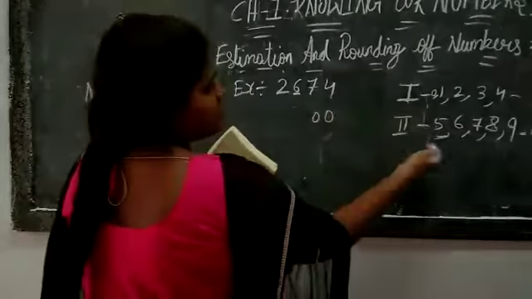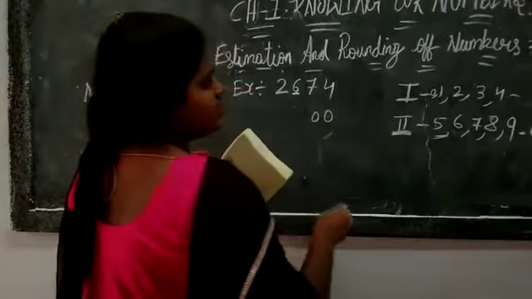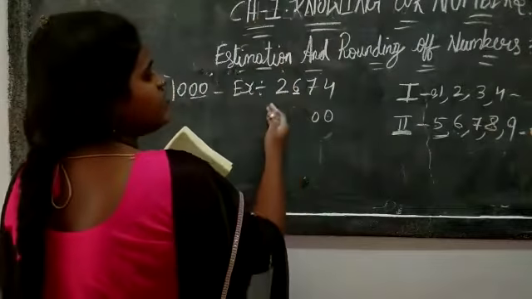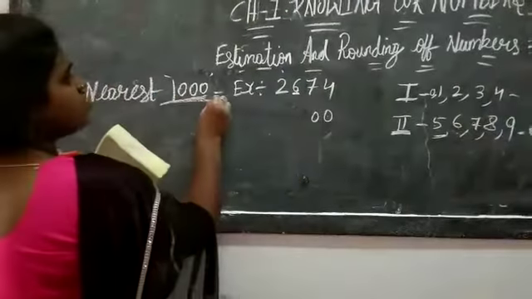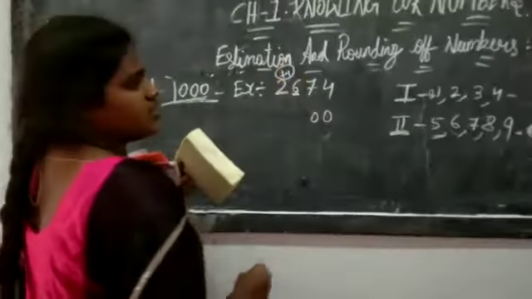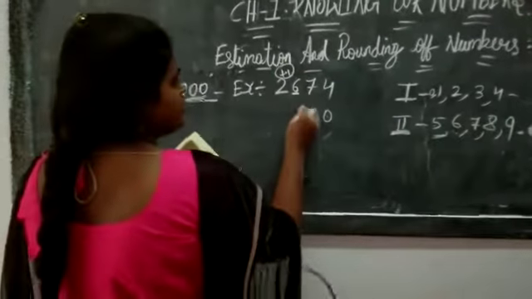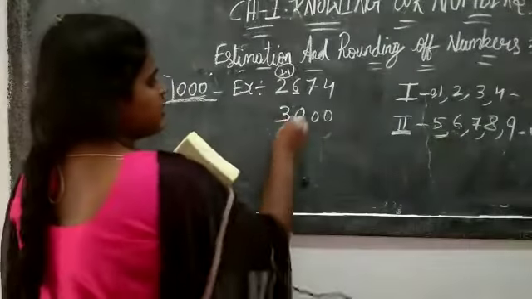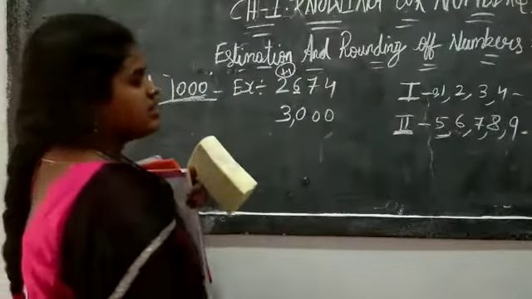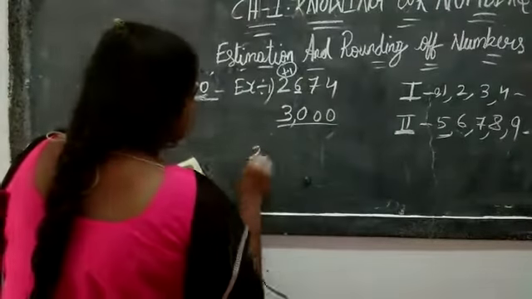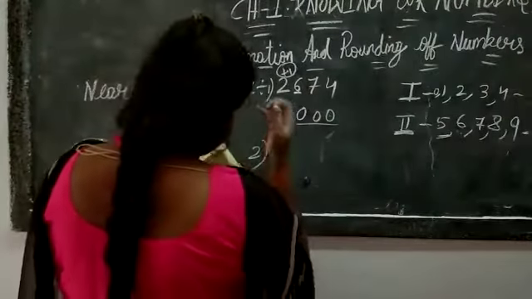Now 6 is in which train? Second. So for the second passenger, what are they doing? Adding 1. So where do you need to add? You are doing nearest 1000, so in the thousands place you need to add 1. Now 2 plus 1 is how much? 3. Now your hundreds place will be 0 and 2 plus 1 will be 3. Now 3000. This number is nearest to 3000. Now next, second example.